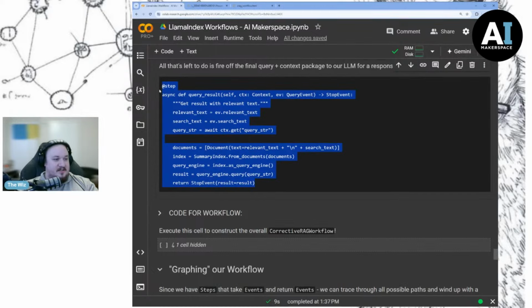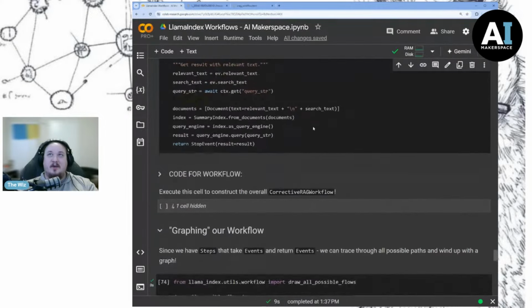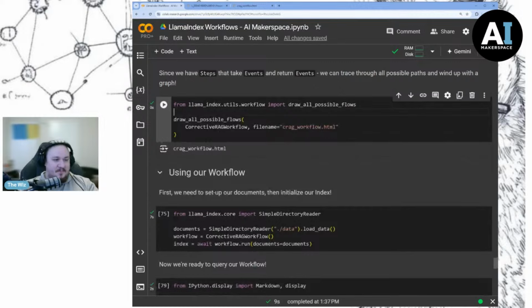This is just RAG. This last step is literally just RAG. All this code's available, but we broke it out into the markdown so you can read the comments about it. And then, of course, we have the ability to draw all possible flows, which gets us this